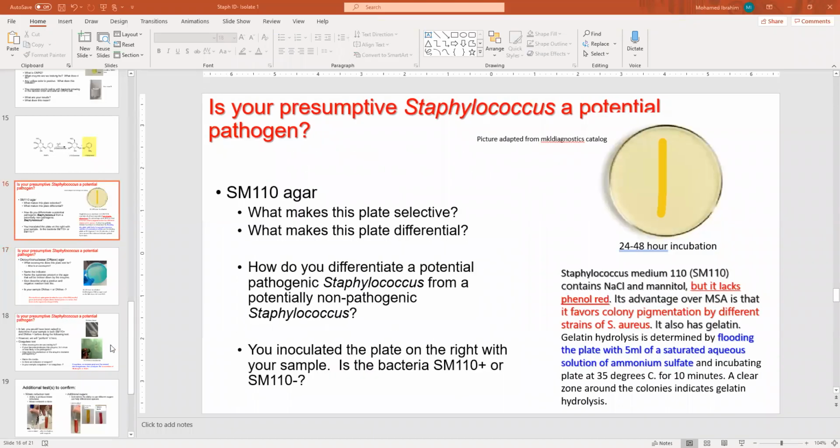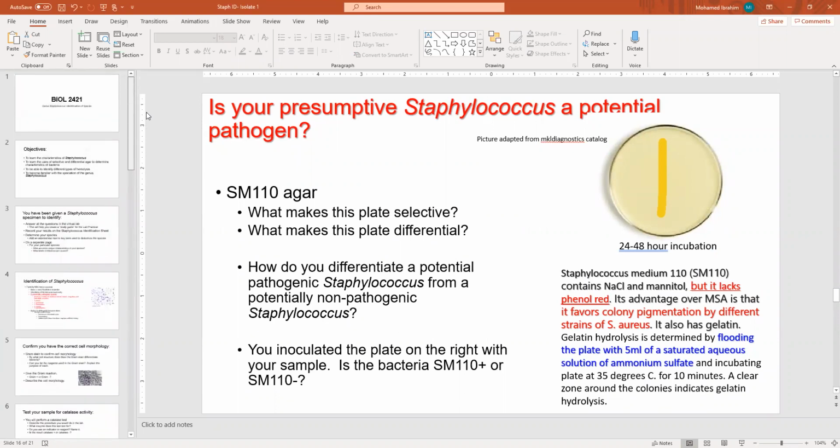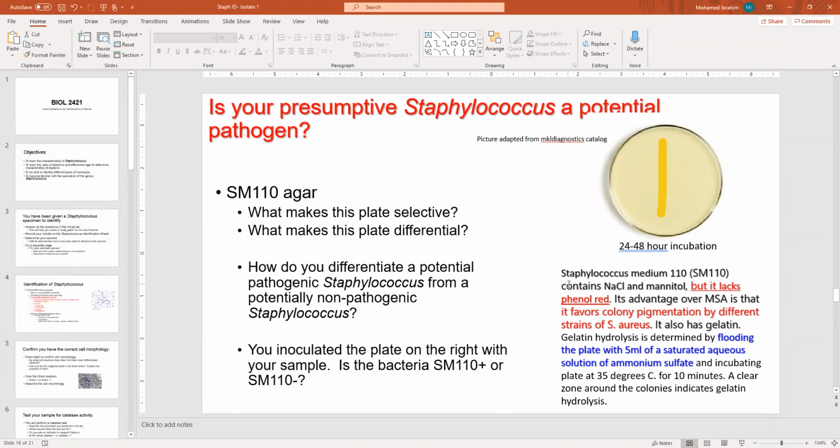So let me go and share my screen with you about the staph lab. Okay. So this is the screen. Can you see it? What I need to emphasize and focus on is, basically, what is the main purpose of the lab? The main purpose is being able to identify